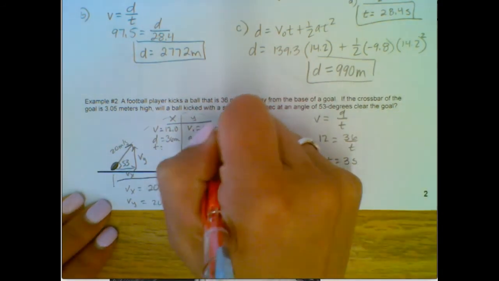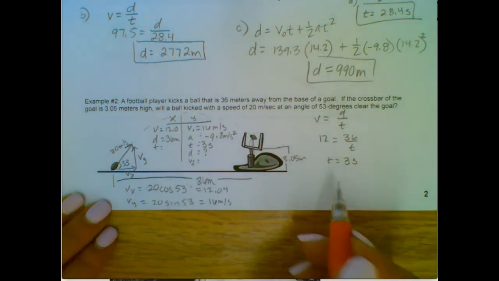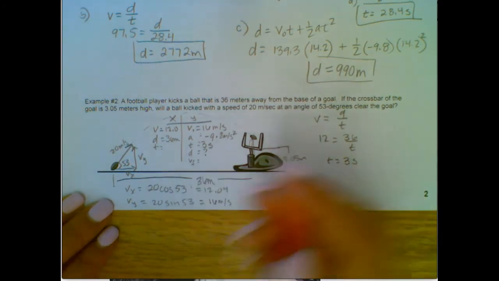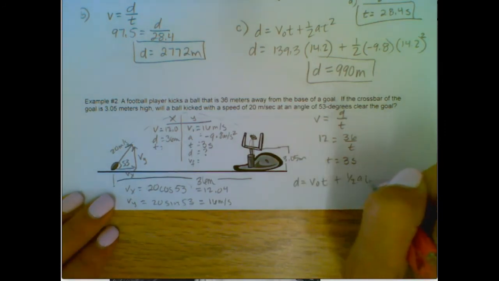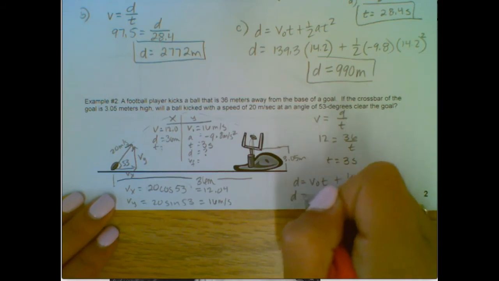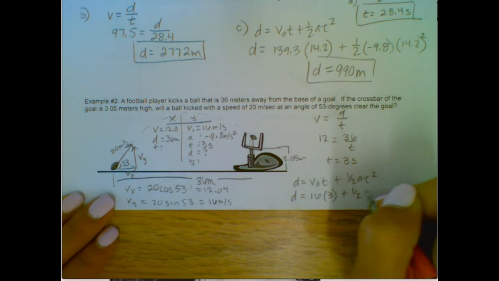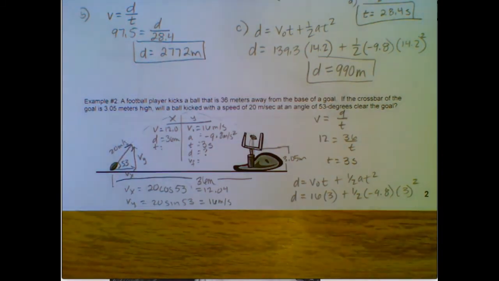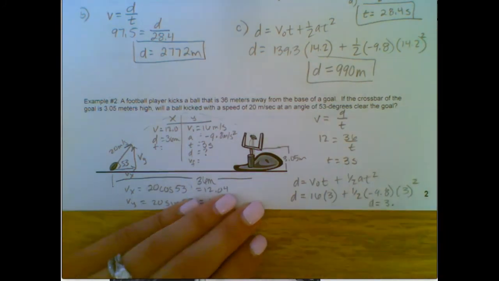So then we can plug that in here to this part. And we can figure out how high is the ball after 3 seconds. So in order to do that, we don't want Vf in the equation. So we're going to use d equals v naught t plus 1/2 at squared. So d is what we're looking for. V naught is 16, t is 3. A is negative 9.8. Again, t is 3. Don't forget to square it. And if we plug that in, we get d equals 3.9